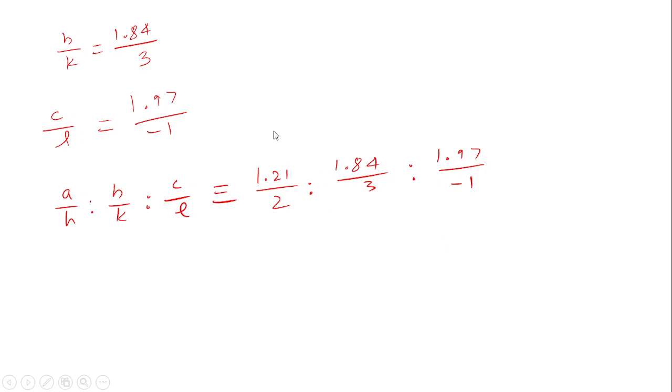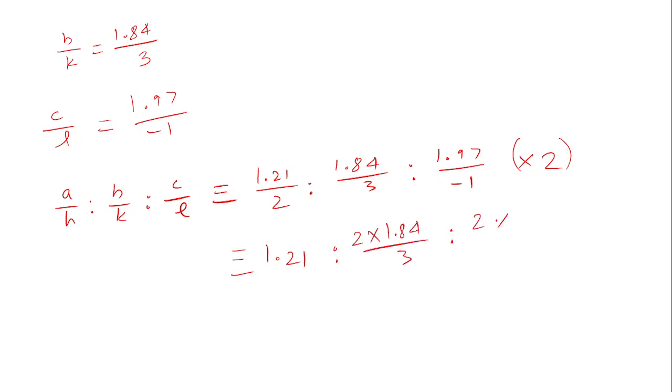That means the whole ratio we have to multiply by 2 to get the correct intercept, because we do this division when we reduce it to whole numbers, right? That means this 2 is extra that we may have used while converting it into Miller index. Now if I multiply by 2,